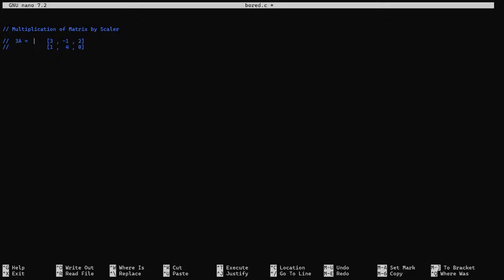I have to multiply 3a to each and every number, so it would be like this. So 3a is equal to, it would be 3 multiplied by 3, comma, minus 1 multiplied by 3, minus 1, 2 multiplied by 3,